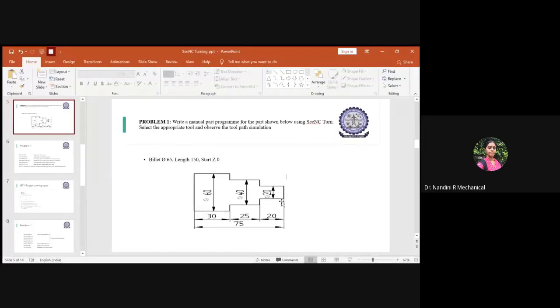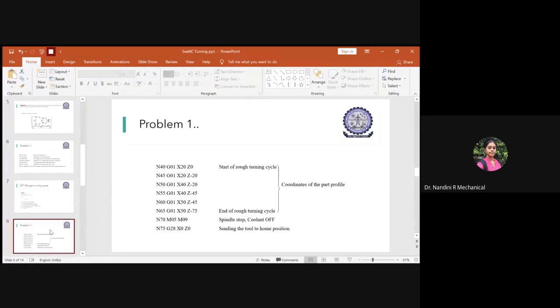Since we need to take the value of Z in the negative direction, we always write the value of Z as negative. So initially we need X equal to 20 and Z equal to 0. So now you write for the linear interpolation, X equal to 20 and Z equal to 0. So this will start the rough turning cycle. Once it is started, you have to go for the next step.